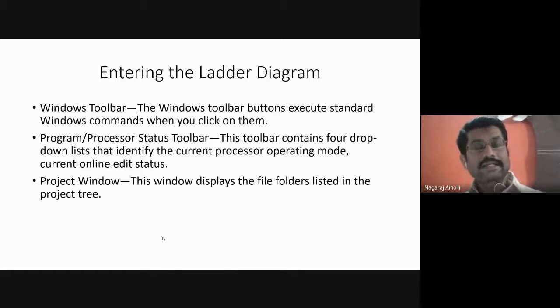Correct? Like this, it will show the list of folders: in which folder it is, in which subfolder it is, in which directory it is. That is shown by the project window, and this is called the project tree. It's just like a tree: first it has the branches, then it comes down to the trunk, roots, shrubs and all those, is it not? Similarly, a tree means it starts from which directory, which folder, which subfolder, and what is the file name, like that. That is called the project tree.